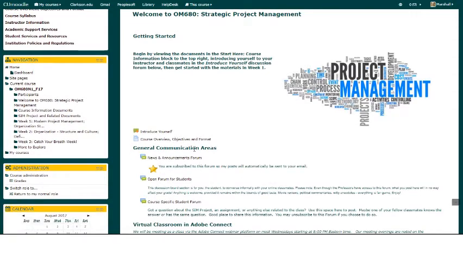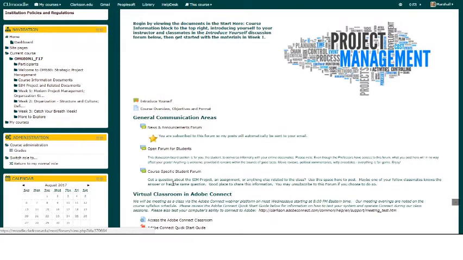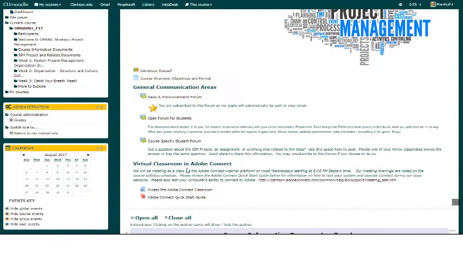If I have some news announcements, you'll see them down in this area. And then these two forums are for you. One is just an open forum to discuss anything that you'd like to discuss informally. If you've got a specific question that everyone might have, go ahead and post it there. Maybe a student will answer, or I might answer. I monitor all these forums, but the second two are mostly for you to